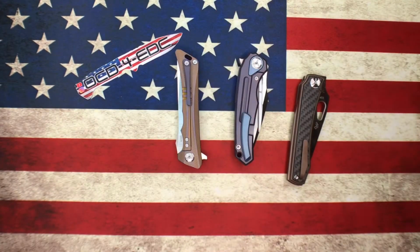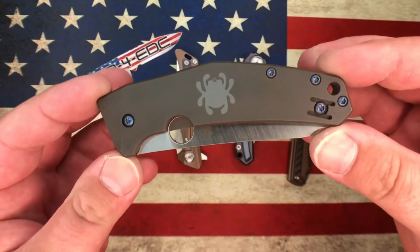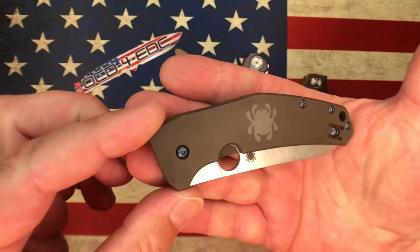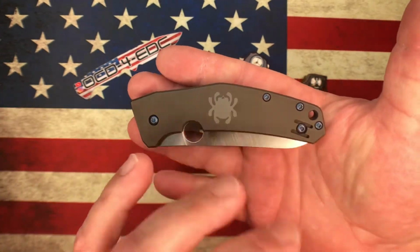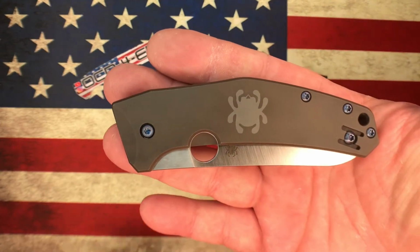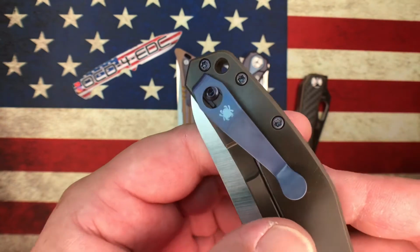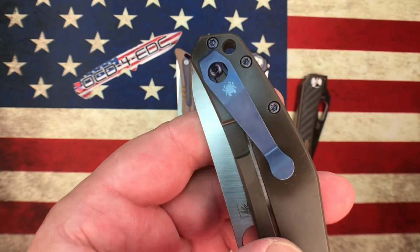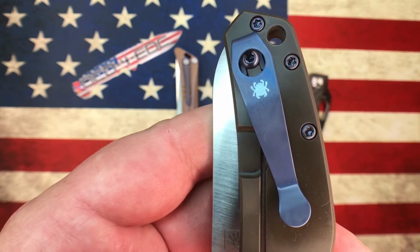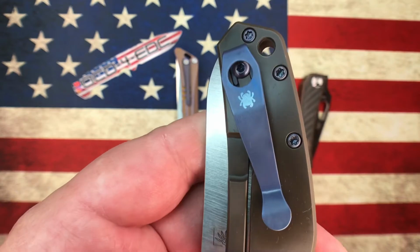What else we got here? This knife here, this is Mr. BJ Hill's Spidey Chef, and he sent this to me a while back. It was just a stock Spidey Chef with the blue titanium hardware, and he had put an aftermarket clip on it. I put the Spyderco logo on the clip, and I left it in the blue color that the clip came in originally,